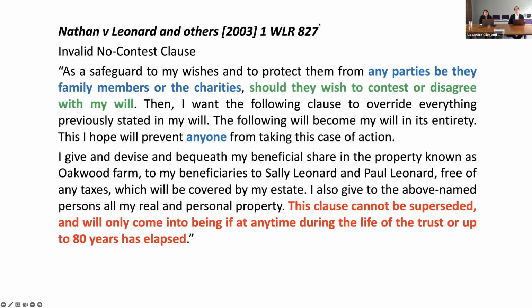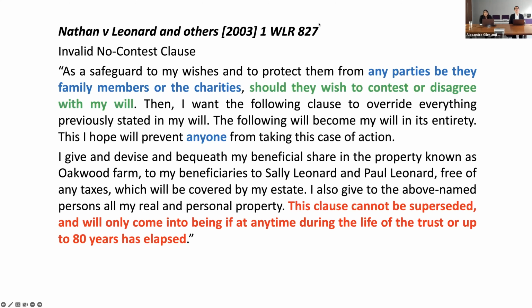He also went on to say that threats would not be enough, but proceedings challenging the will on the ground of lack of capacity, want of knowledge, approval, or undue influence would be. So also would a claim under the 1975 Act, since it would have had the potential to bring about a redistribution of the estate. So then the last challenge that Mind made was in relation to this last sentence, which is there in red.